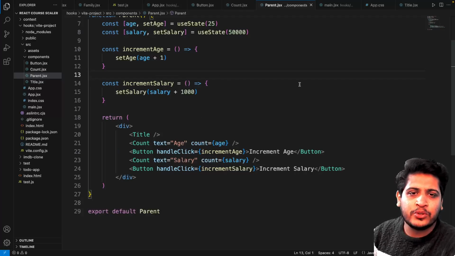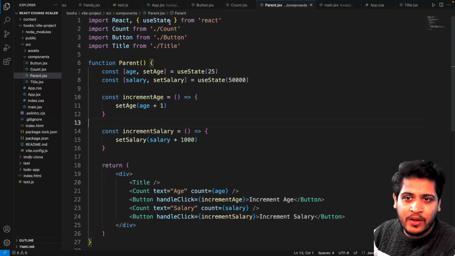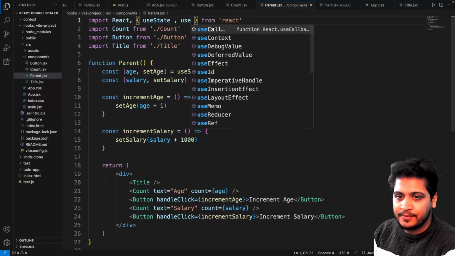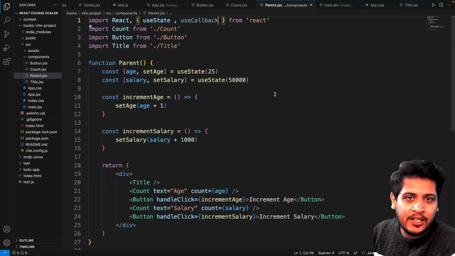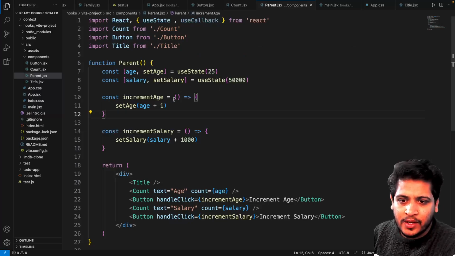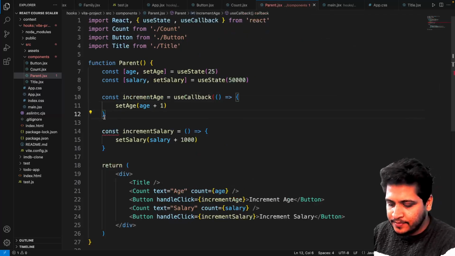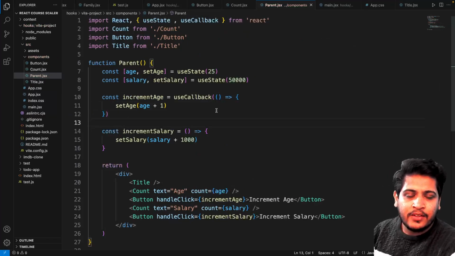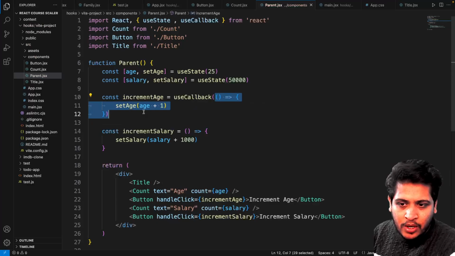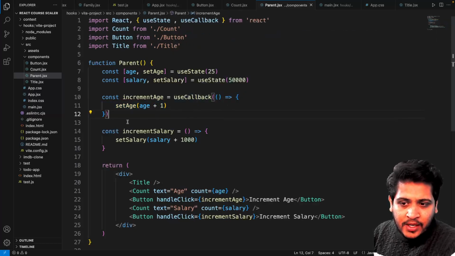So now, how to solve this? Basically over here, we can use a special kind of hook that is known as useCallback, right? And how to use this useCallback? You can just go over here and wrap your function around useCallback just like this, right? The first thing that useCallback will take is this callback function. So your set age function, whatever definition you have written, is actually the callback function that useCallback takes. And over here you can specify